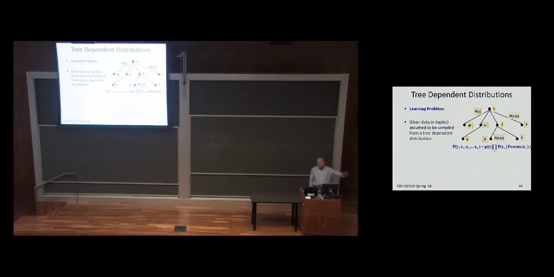Now that it's been generated using this mechanism and you look at the data, the question for you is, reverse engineering it: given the data, tell me what is the tree and what were the probabilities that I put there. That's the learning problem. So we know what it means. We think about the generative model, and really what we want is to find the tree representation of this distribution. What does it mean that I want to find the tree representation?